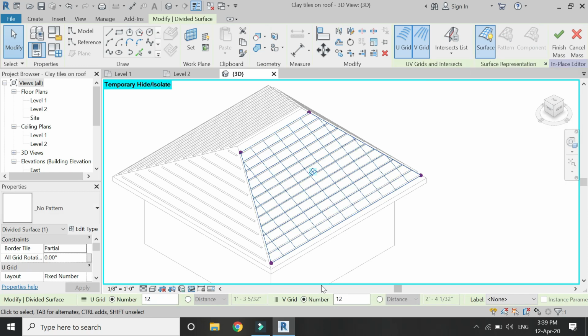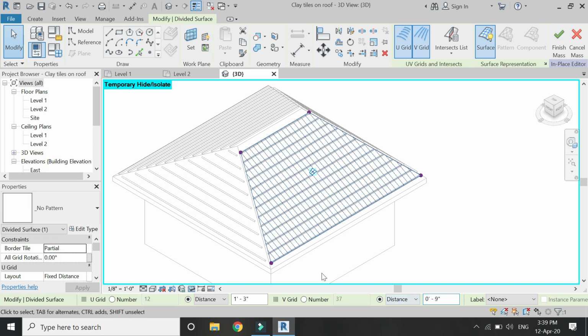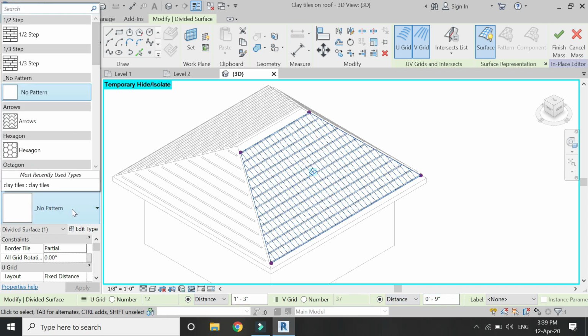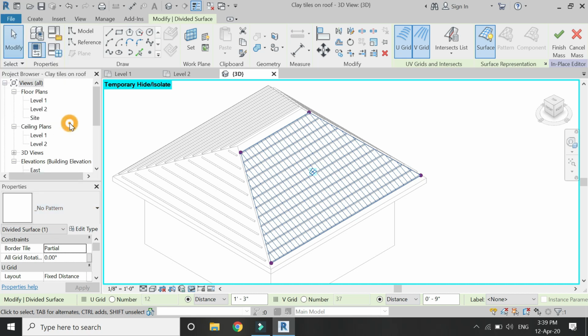Then add a distance for the U grid and the V grid. Remember that these distance values should be the same as used in the curtain panel file. So I have added the distance of 1 feet 3 inches and 9 inches as shown. Then in this properties box, select the pattern of these clay tiles,